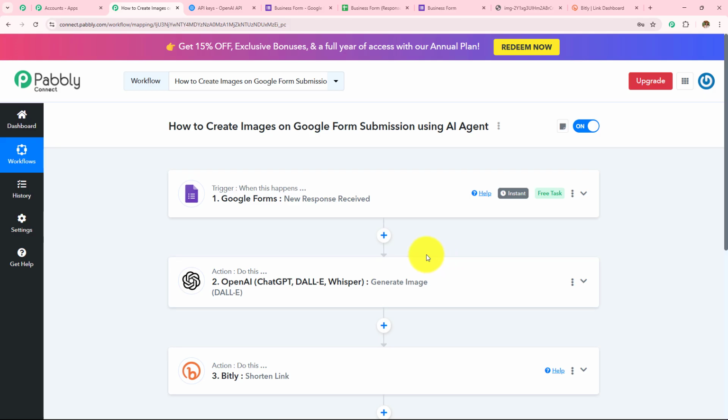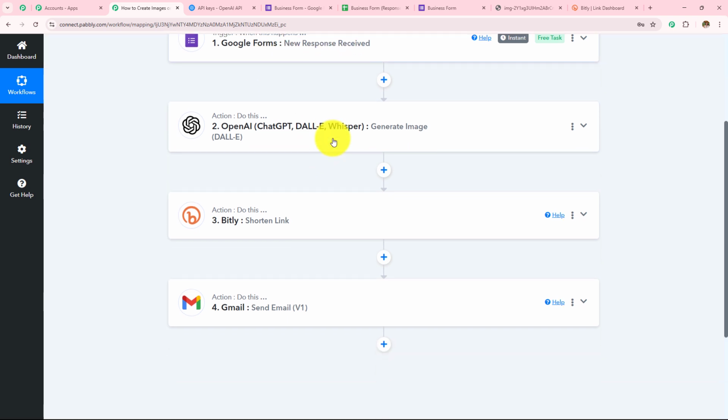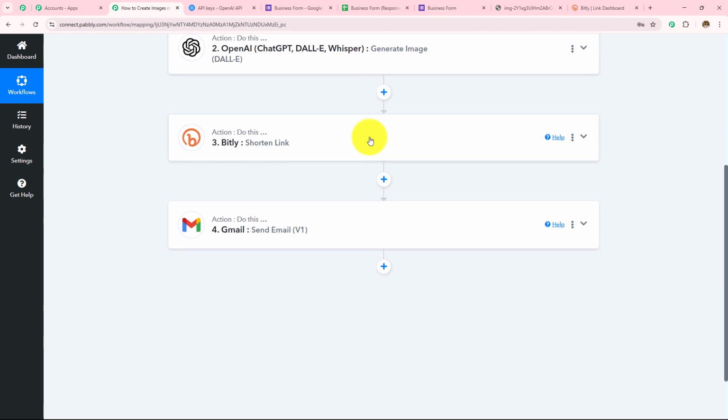Now to summarize, with the Google Forms as a trigger application where we made connection with Pabbly Connect, we submitted a form and received that response here in this workflow. Then we moved to the next step where we wanted the AI agent to generate the image for us. So we took OpenAI as the action application, made connection with Pabbly Connect, received the response. The response which we have received, we wanted to shorten the link of that huge link.